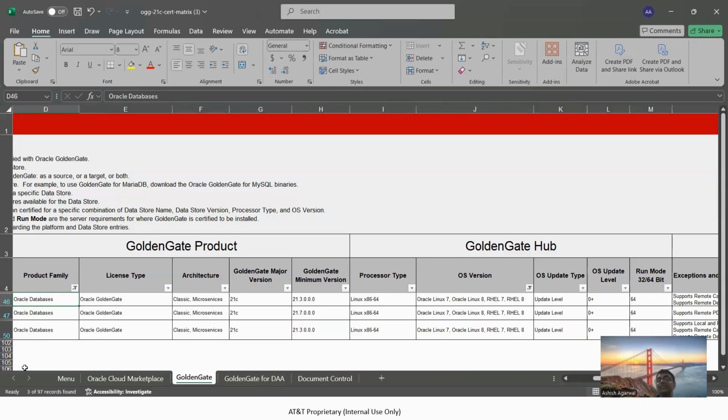Now the question comes, suppose 21C wasn't supported, what would we have done? Then we would have checked the 19C GoldenGate certification matrix to see whether the platform and database we are using are supported by 19C. If that is also not supported, then we'll go to 18C, then 12C, then the 11G certification matrix. In our case, RHEL 7 is supported by 21C, the Oracle database is supported by 21C, and Linux x86-64 is supported by 21C. So now we are going to go ahead and download the